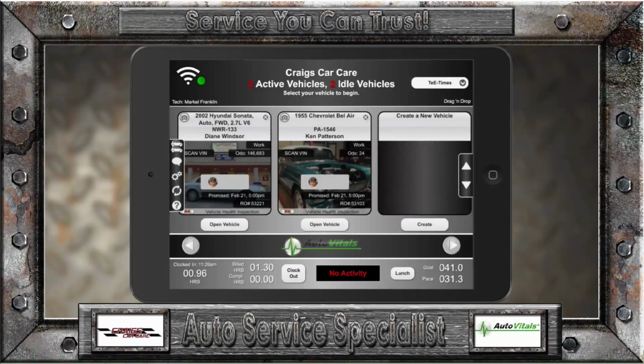And there you go. You're also going to see right on the front page of the tablet some things that have been added. Your marker for your Wi-Fi has been moved. The information in this area remains the same: 2 active vehicles, 2 idle vehicles, the name of the technician the tablet's assigned to. And you can see here that it's in drag and drop mode, meaning that you should be working on your repair orders starting from the left side and working across in order of how they've been assigned to you for completion. This technician efficiency time,